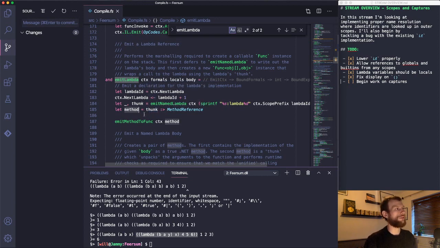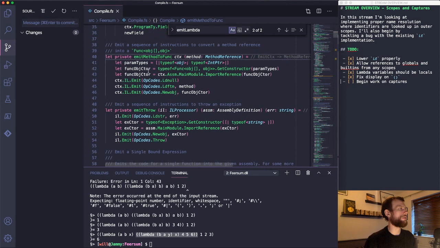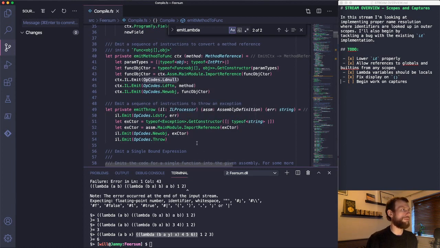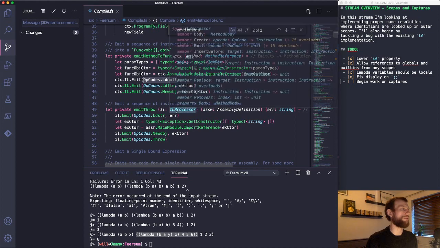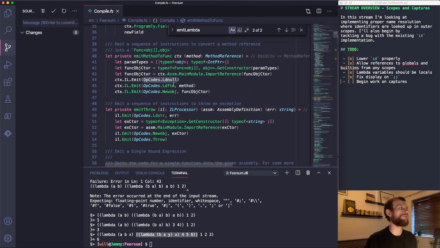What we can do is in emit method to func, we emit load null as the first parameter to this func object array object constructor. So what we can actually do is we can use this pointer that the .NET runtime stores next to the method pointer to store the outer environment, so that we can look up values from the outside environment, and then